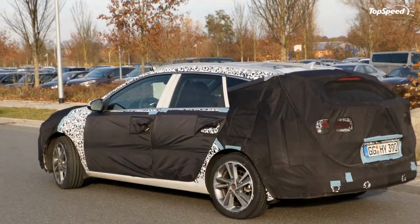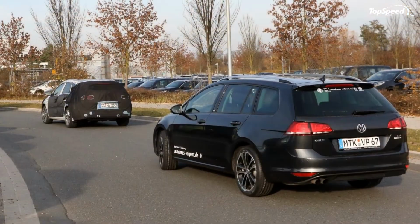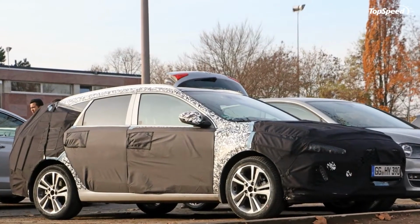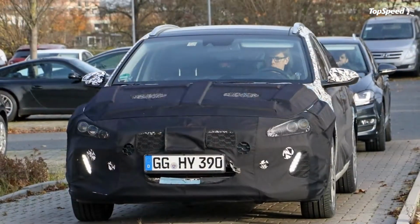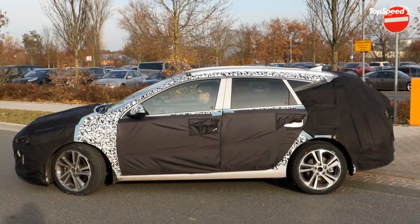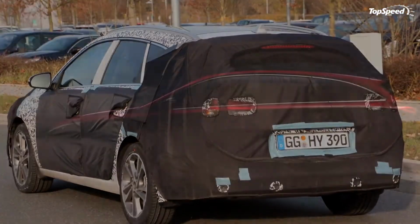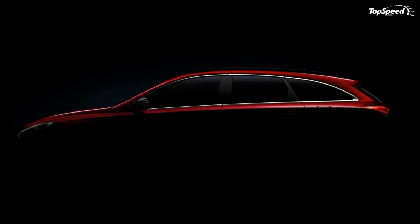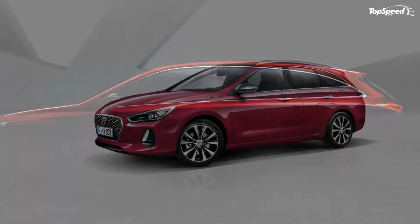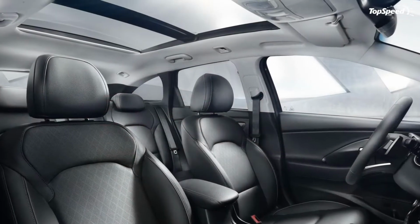with 108 horsepower. In most cases, shorter models turned wagon usually differ very little, and that's the case with the I30 Wagon. It should be identical to the four-door hatch from the rear doors forward, but to the rear, there are some other minor differences outside of the longer boot. So far, it looks like the third-generation I30 lineup will include a four-door hatch, a four-door coupe, and this wagon. But it's not all gravy, because that means it's unlikely that we'll see the sportiest of all, the three-door I30